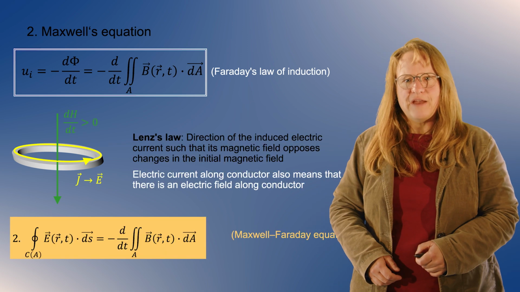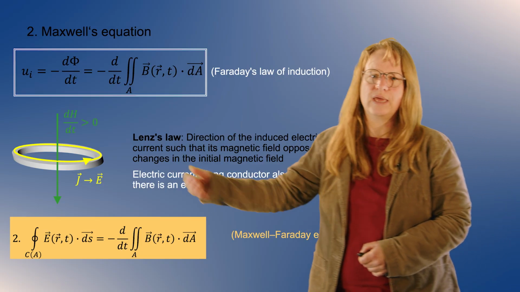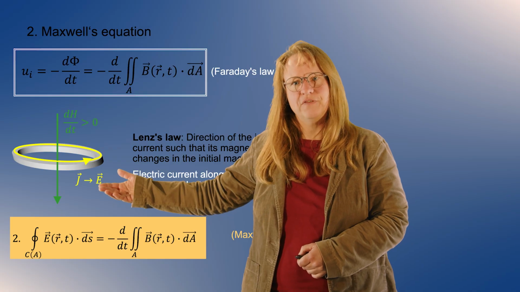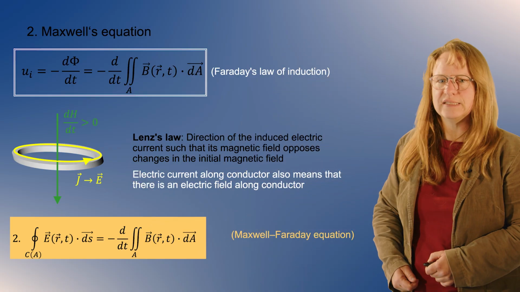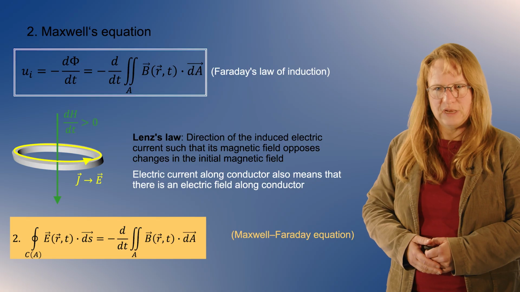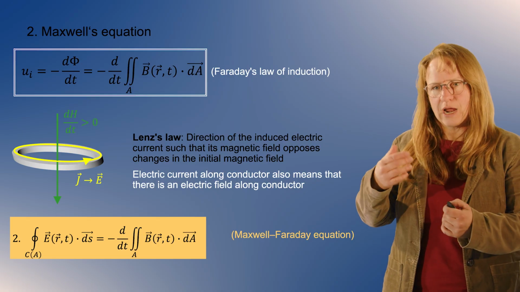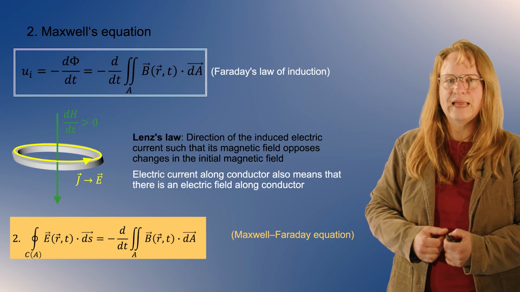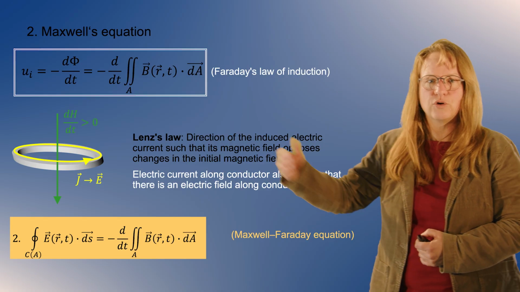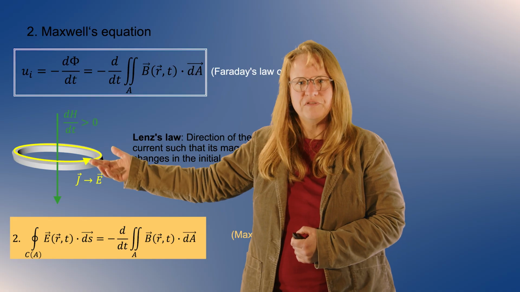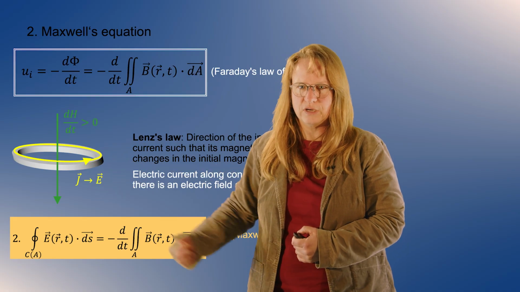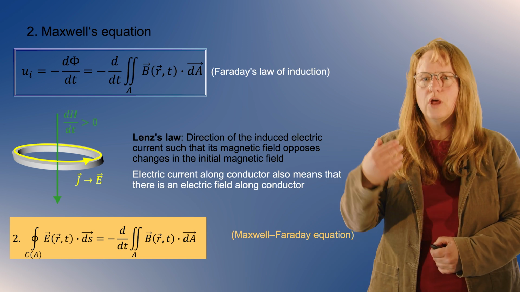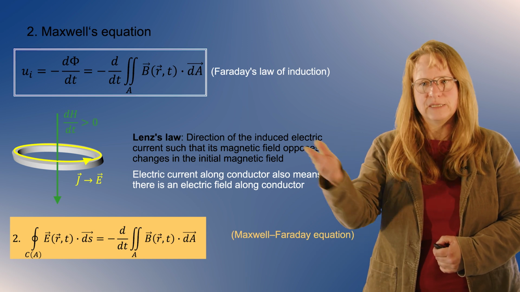So if we have this electric current now flowing around this conductor, it means we also have an electric field, because a current density is associated with an electric field. A current flowing, a current vector, is associated with an electric field. So the electric field and the current are related by the conductivity of the conductor. If you have a certain conductivity, it means we have a certain electric field. And therefore, always if we have current flow in a conductor, we will also have an electric field around the